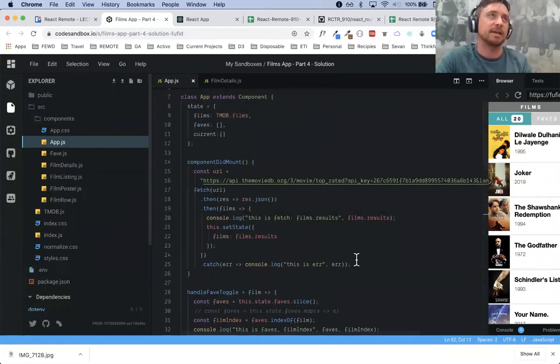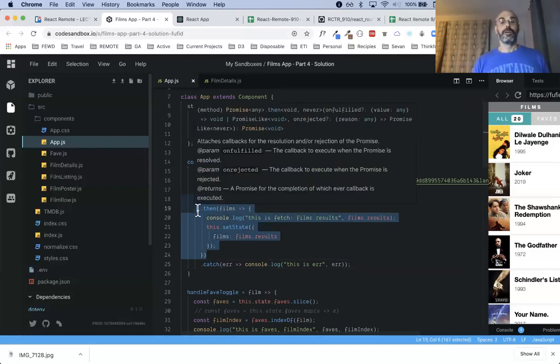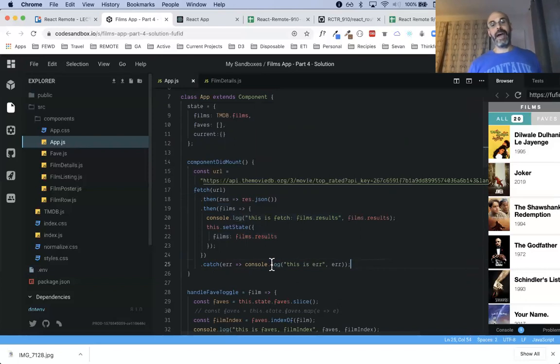Usually you can set state in an error catch, yeah? Yeah, you can. The error catch is meant for you to do whatever you need to do. So you have access to state. You have access to anything that you would have had access to in the successful then. In here you have access to the error. That's what the catch is for. If an error is triggered, it's only handed to the catch. If the data works, it's only handed to the then. Catch never would get the data. They're separate things, so you should be able to do it. I can take a look at your code and see if I can figure something out, okay? Yeah, cool.